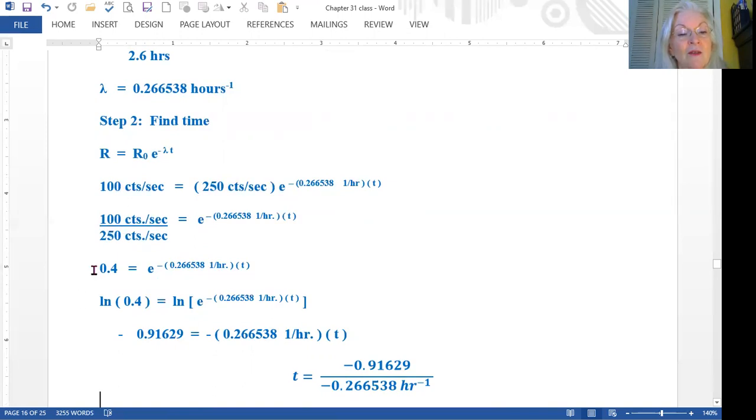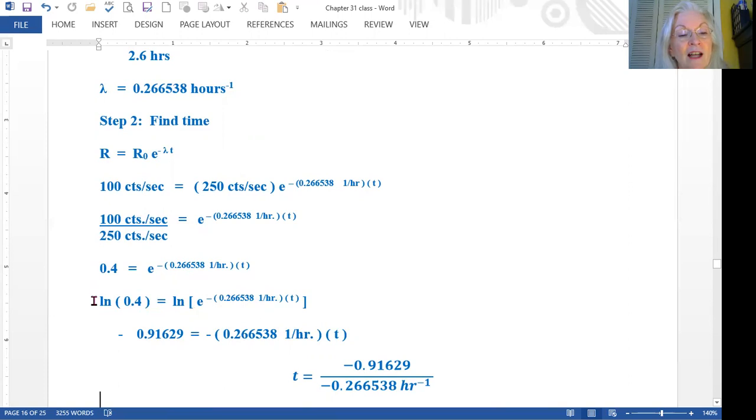Now, we still can't do anything inside the e. We need to get rid of the e, and the way to do that is to take the natural log of both sides. So if you take the natural log of 0.4 and the natural log of e to the minus lambda and t,